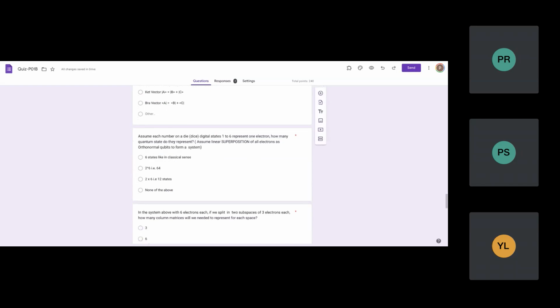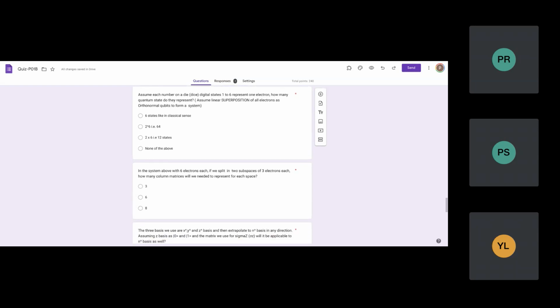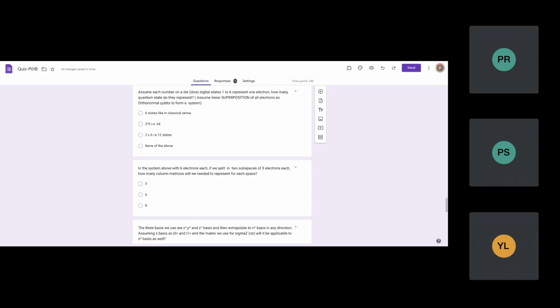Then, assume each number on a dice, digital states 1 to 6, represents one electron. How many quantum states do they represent? Assume the linear superposition of all electrons as orthonormal qubits to form a system. So what it means is, the second one, right? 2 raised to 6 is 64. That's correct. The others are just adding to make confusion. So if you have 6 electrons, you will have 2 to the power 6, which is 64